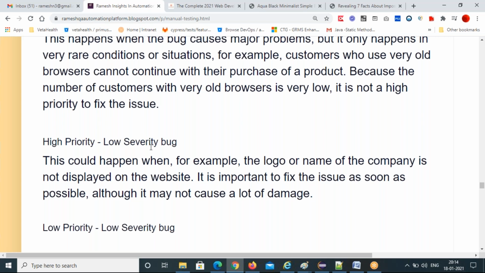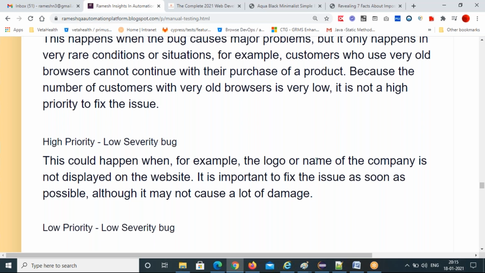Even though it's not a functional issue, it's very important to fix as soon as possible, although it may not cause a lot of damage. So you have to fix it.